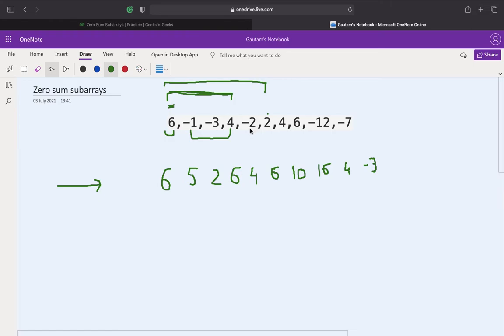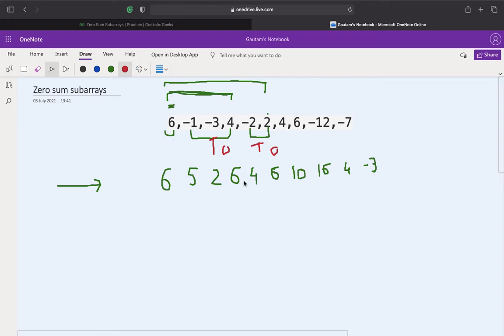That will only happen if the part in between is 0. If there are repeating elements, then the part between them must be 0, and that is the only way to get repeating elements in the prefix sum.